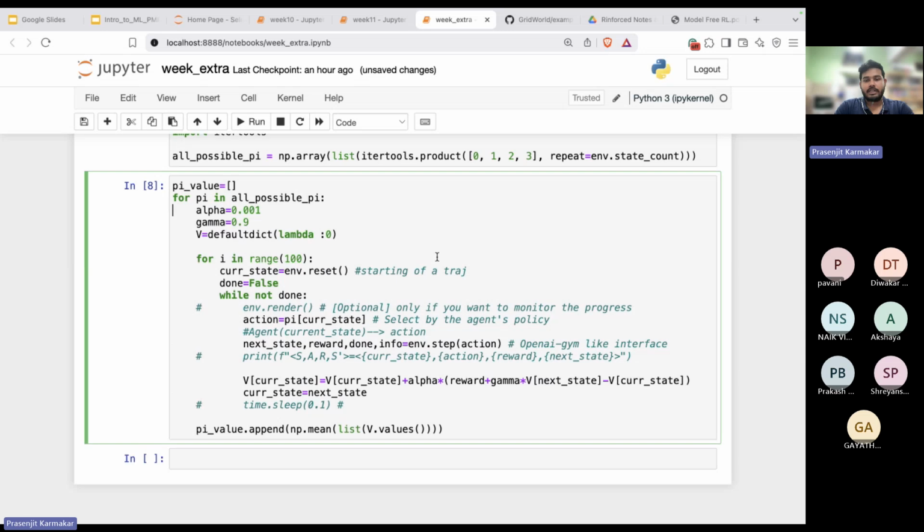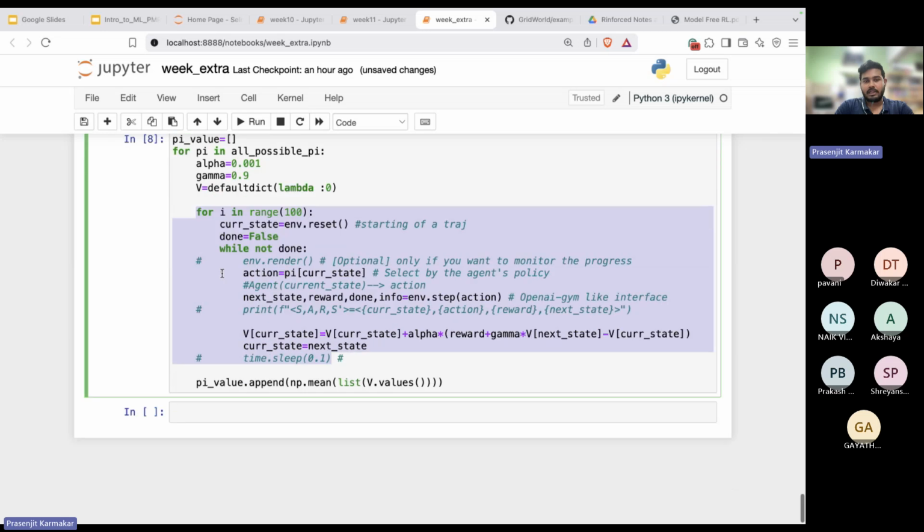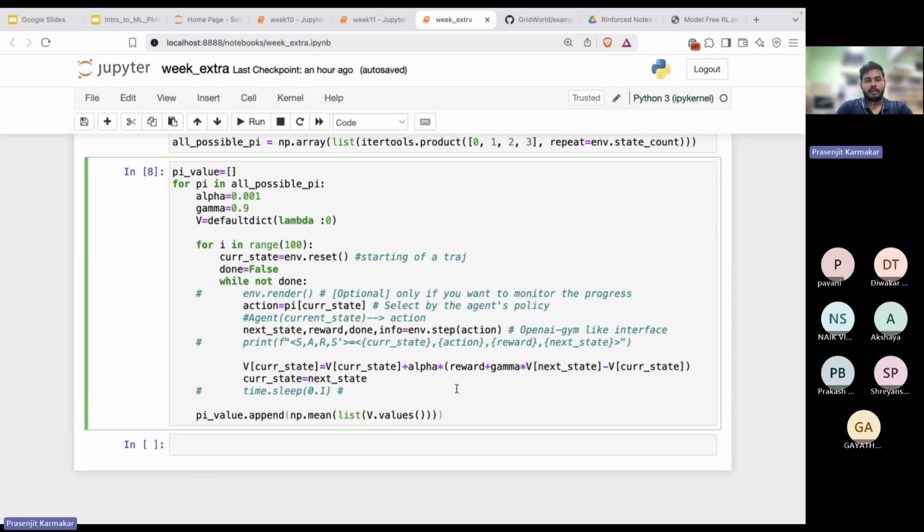I'm basically starting a trajectory, updating my value function as I am going on, and playing with a particular policy for 100 episodes. Update the value function based on it, and then at the end, I'm appending that value function for that particular policy, mean value function. Now, if I just run this